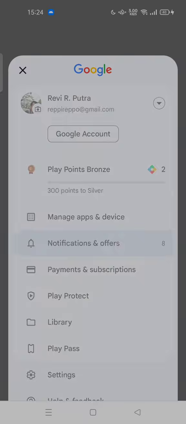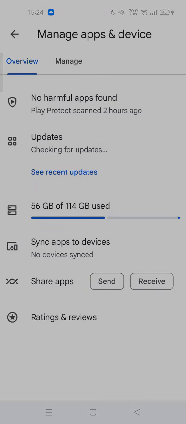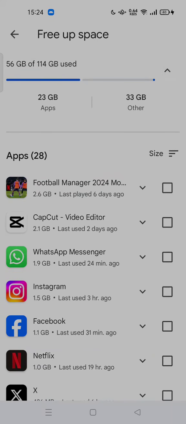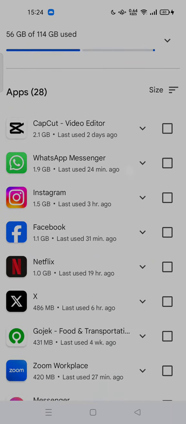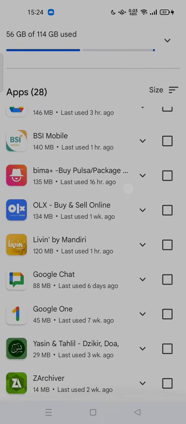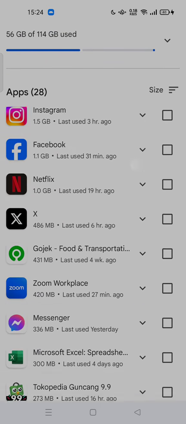You can manage your apps. You can tap your profile picture, Manage apps and device, and go to Storage. As you can see, my storage is still blue. If your storage is full, it turns all red. So all you have to do is just uninstall unneeded apps, or games that you already bought,